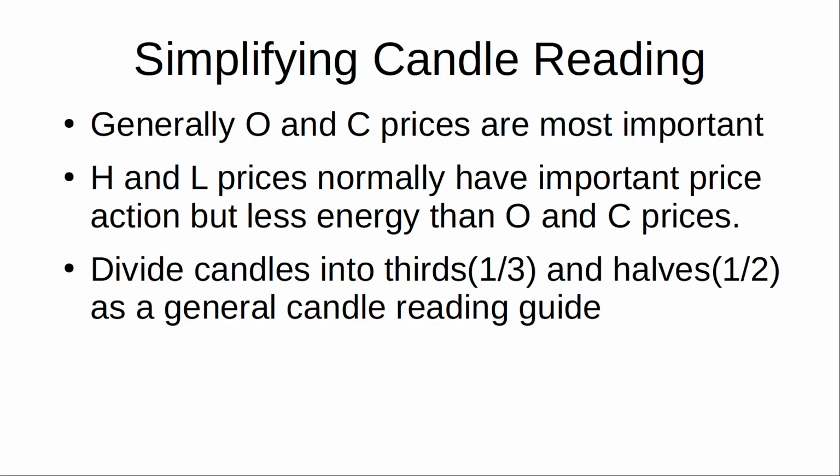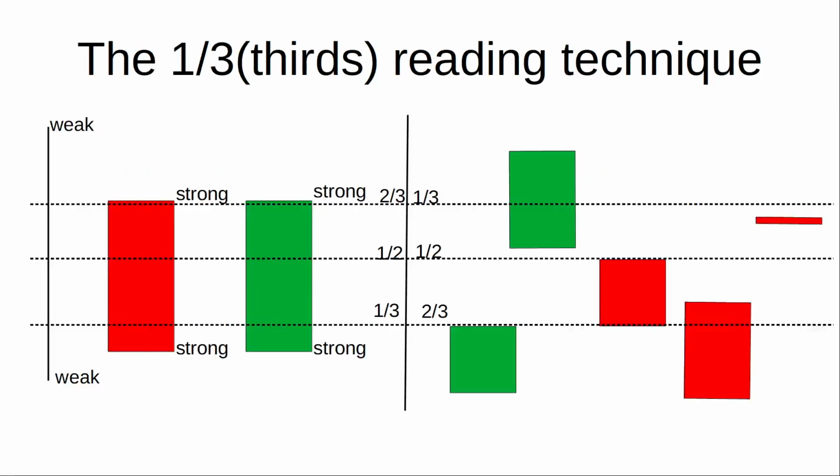Understanding candle proportions and ranges in terms of thirds and halves is highly beneficial because it allows for easy identification of whether the market was bearish, bullish, or neutral in a given period of time. Since you already know the opening and closing prices are generally more important, it will come as no surprise that the real body range is a good visual indication of where more market interest resides in a given period of